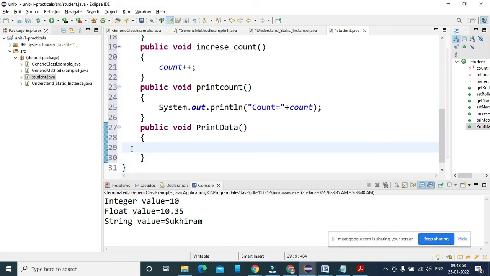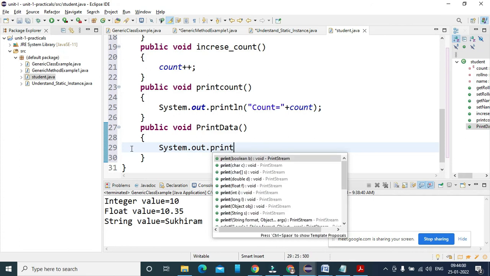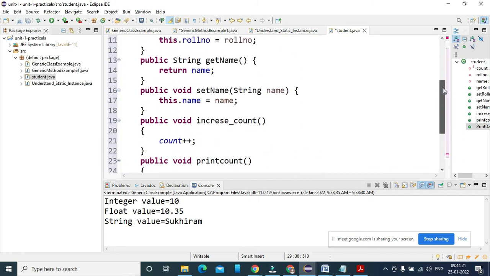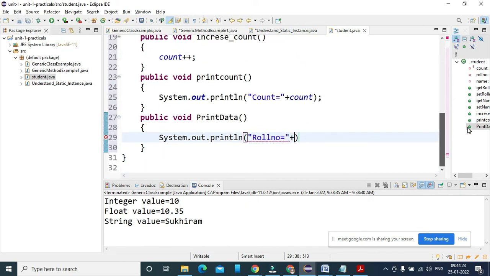Okay, so I'm choosing the System.out.println here and say roll number equal to plus, so there is a get roll number. So I have to use this method called get roll number.